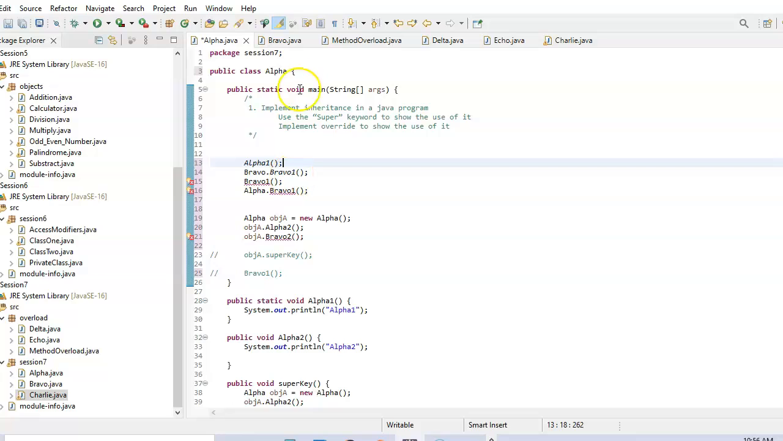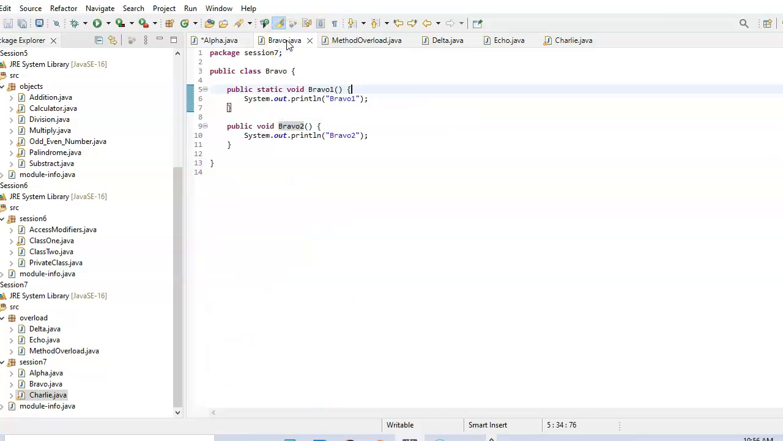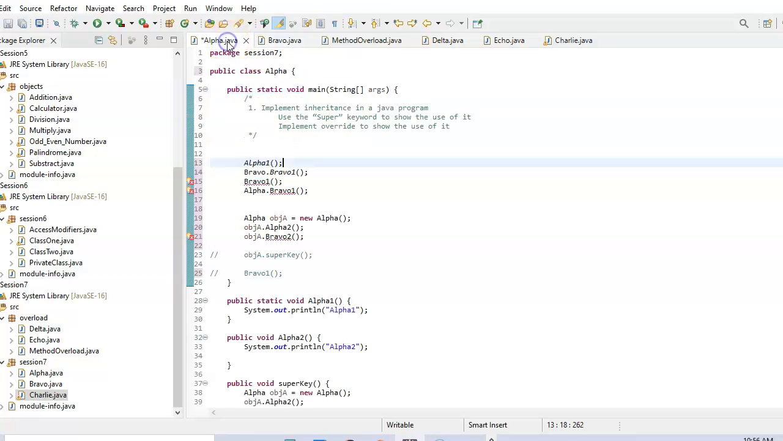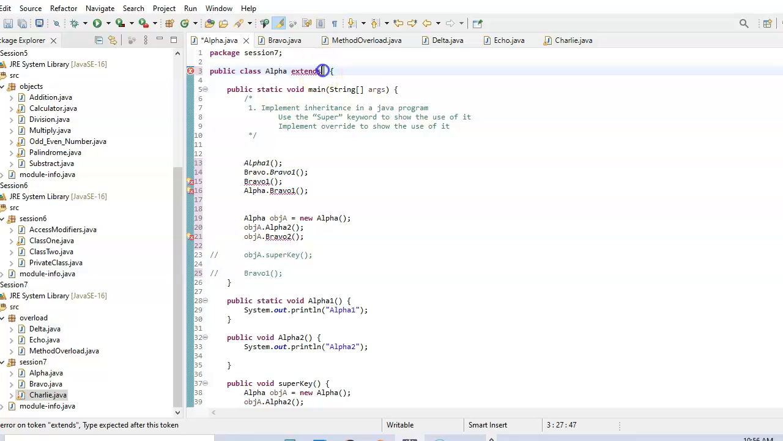when I try to call it from my main method here, it doesn't work because I can't access this method from this class. In order to access it, I have to inherit this Bravo class. To do that, I have to use the word extends. So this class Alpha has to extend the class Bravo